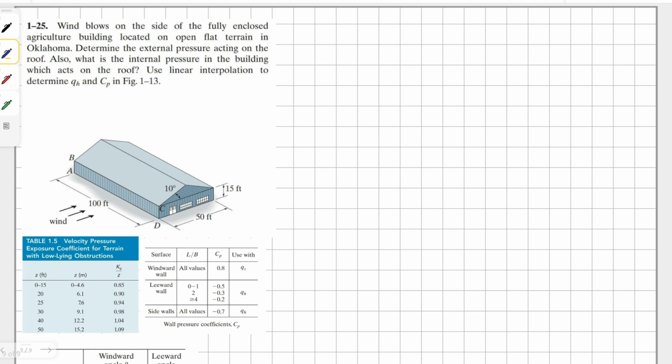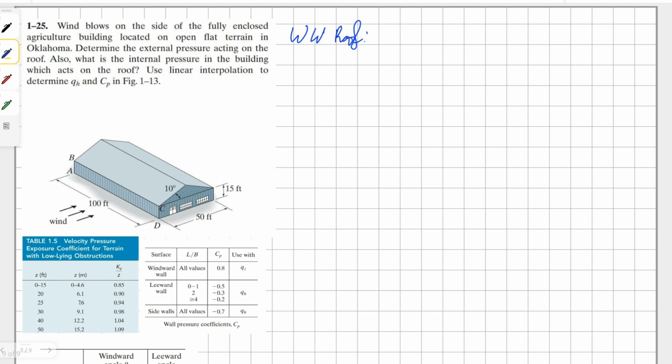So we have a fully enclosed building with the wind blowing on its side. We are to calculate the internal and external pressure acting on the roof of this building. To solve this, let's tackle by first of all solving for the windward side of the roof. And we know that first of all, we need to calculate our